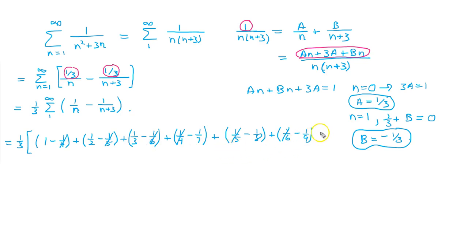Now we can see the next term is going to be when n is 7, 1/7 minus 1/10. And then it'll keep going. Now you notice the 1/7 here cancels with this one. Now we see we've got complete cancellation on this term here, and the 1/8 would cancel with the next term,